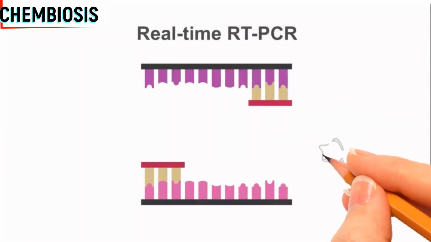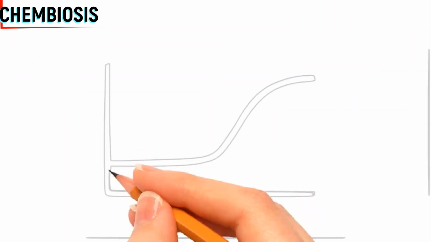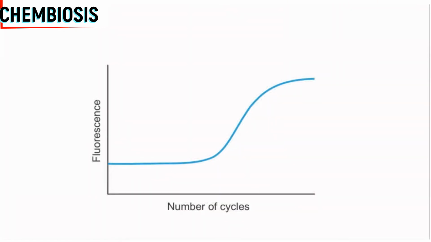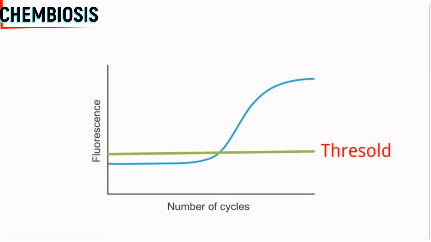During the PCR process, a fluorescence probe is being added, which would emit fluorescence radiation each time a new cDNA molecule is being produced. So with time, as the number of cDNA molecules increases, the intensity of the fluorescence radiation will also increase, and we would get a graph like this. When the intensity of this fluorescence radiation exceeds some threshold value, then we can be sure that the signal that is coming from the sample is much more than background signal.